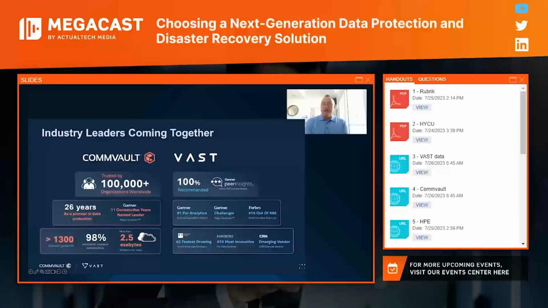So just as an introduction for those that maybe are not that familiar with the companies of VAST Data and Commvault, just to give you a little idea, I'm going to start on the second row on the right here. Gartner is considered number one for analytics. First year in the Gartner Magic Quadrant, we're already a challenger, one of the highest levels any newcomer to the Magic Quadrant has ever been. Out of all technology companies, we're 16 out of 500 as per Forbes. One of the number 3 fastest growing companies, 10 most innovative. By the way, that's not just in the IT industry. That's all industries around the globe, and really an emerging vendor.